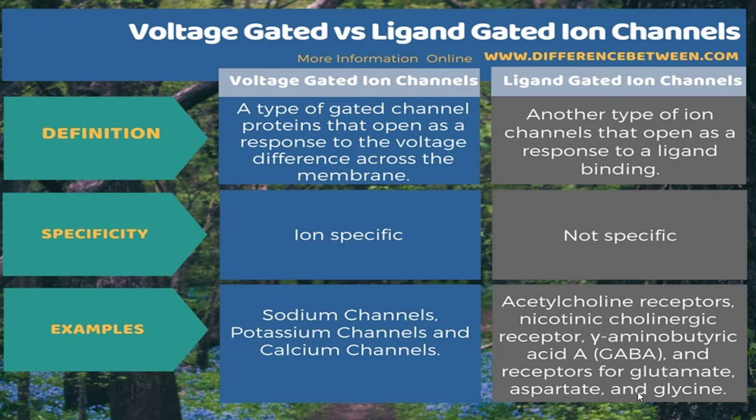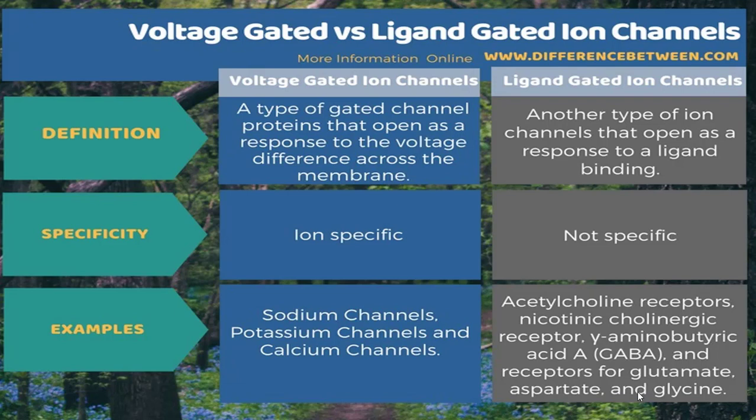At the same time, we will see the voltage gated channels. These are special gated channels which open only in response to the voltage difference across the cell membrane. Whenever voltage changes occur, these are going to open. Keep in mind that voltage gated channels are highly specific for a specific ion. For example, from the voltage gated sodium channel, potassium cannot pass through, and calcium cannot pass through. For potassium, we have different voltage gated channels. For calcium, we have different voltage gated calcium channels.